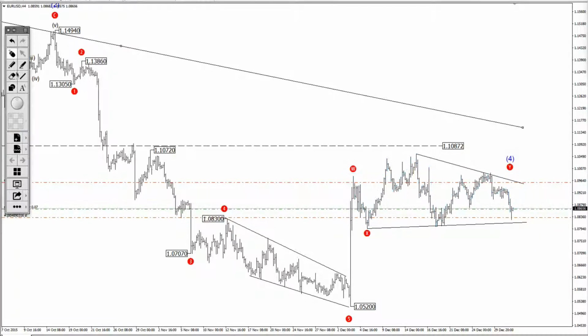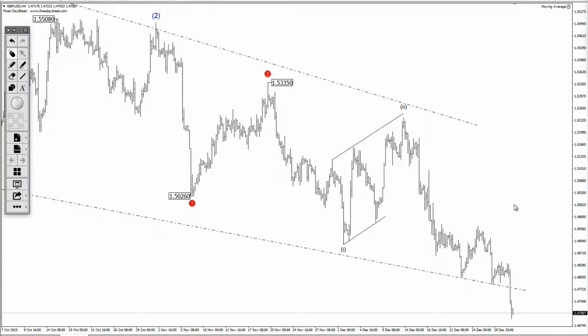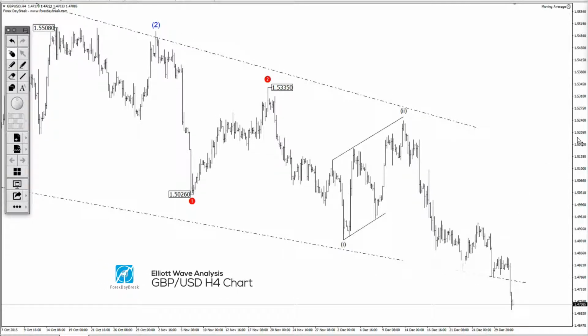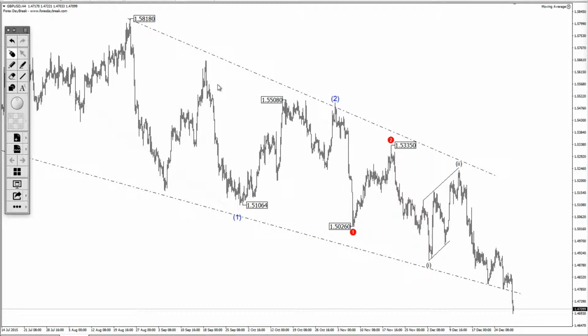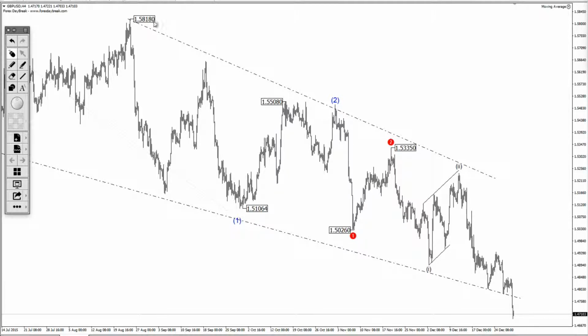All right, let's see some other pairs. We can take a look at pound dollar. The pound dollar, if you remember in previous podcast, has been quite hard to figure out. We have been in some sort of a triangle or channel formation. If we zoom out a little bit so we can see. So from 158 to 18 we can see this